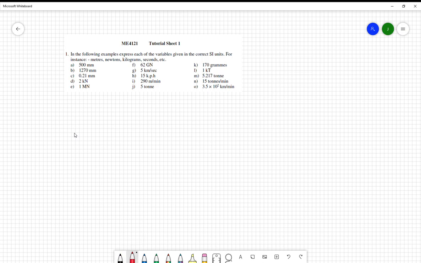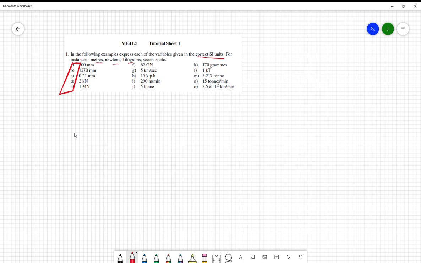This is going to concentrate on the units and converting them to the correct SI units. When I say correct, I mean meters, newtons, kilograms, and you'll find them in the lecture notes. In certain terms millimeters might be ideal to use, but typically meters is something that we all understand. So in this first set of examples that I'll go through in this video, we'll look at